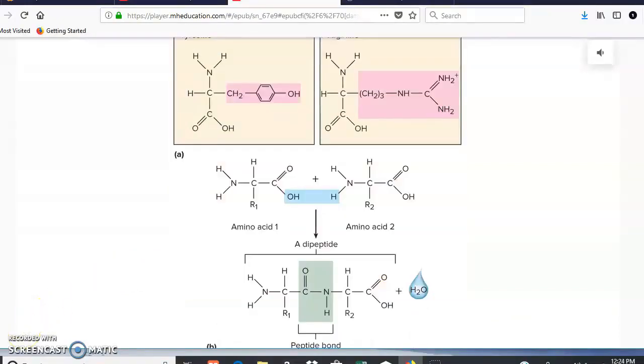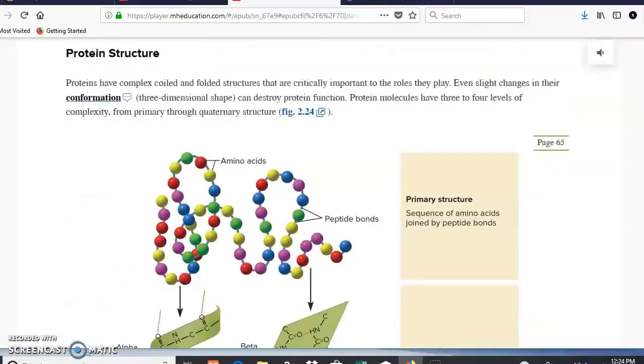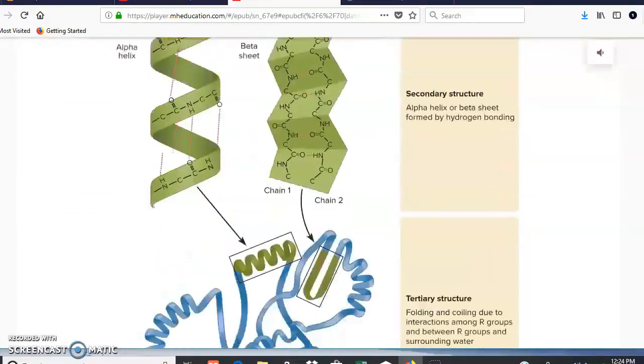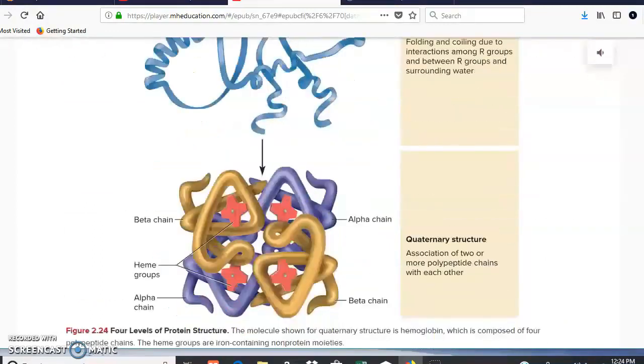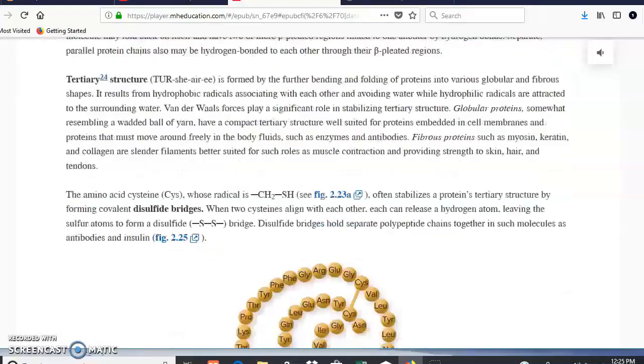So if we scroll down, we can see that all the amino acids are going to be connected by peptide bonds. But why do they need to get connected? Because when they get connected, the amino acids are going to give you different structures. How many structures can proteins have? They can have up to 4 structures, as you can see there: primary structure, secondary structure, tertiary structure, and quaternary structure. Proteins that we have in our body that have very important functions are going to be with quaternary structure. For example, hemoglobin in our red blood cells. Other functions of proteins are going to be cell membrane channels, cell identity markers, catalysts.